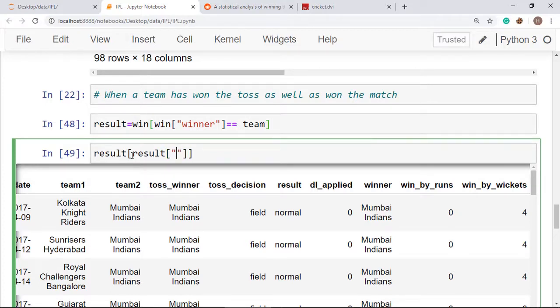So when you want to get the match condition as tie, what you have to put here is the column name, that one is result, and you can put here result and put the value like tie.